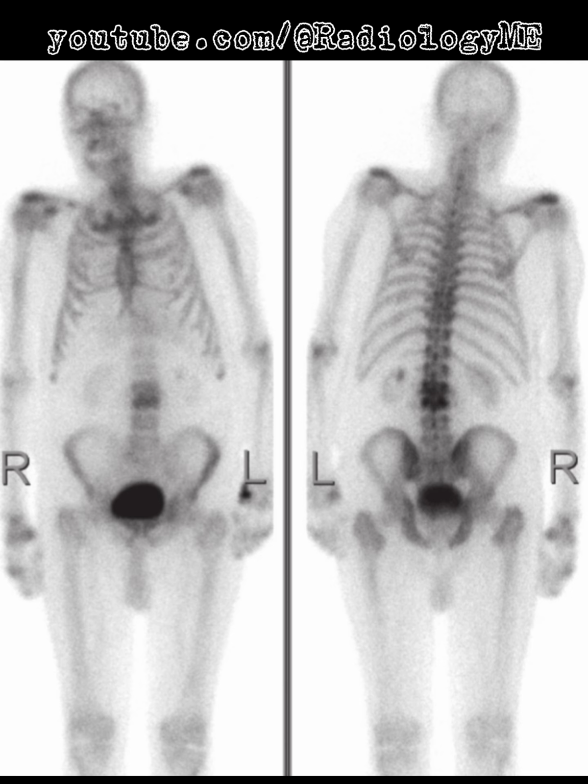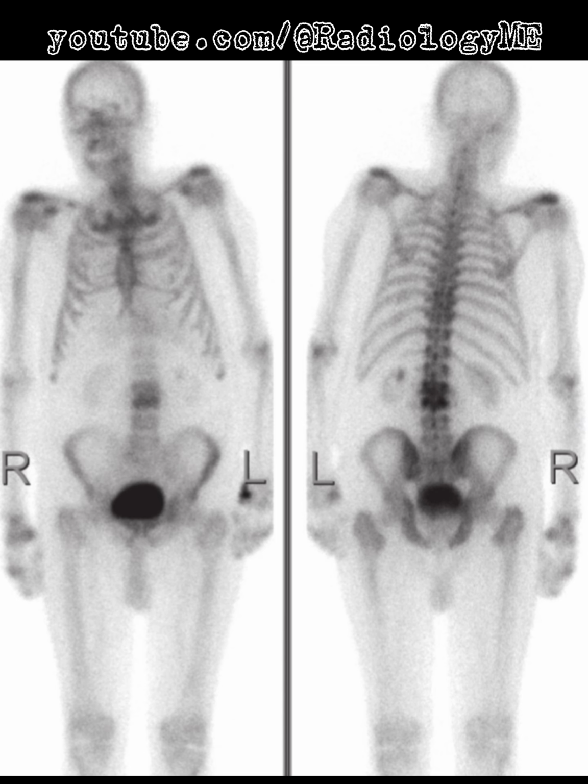The fact that this uptake is confined to two adjacent vertebrae makes discitis quite likely because it typically affects contiguous vertebrae and involves the disc space. Now, the findings could also be due to degenerative disease, but that's less likely here given the intensity of the tracer uptake and the fact that vertebral body involvement is more pronounced. To further assess this, an MRI would be the next logical step to evaluate the disc space and any associated